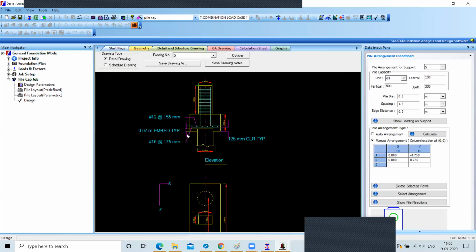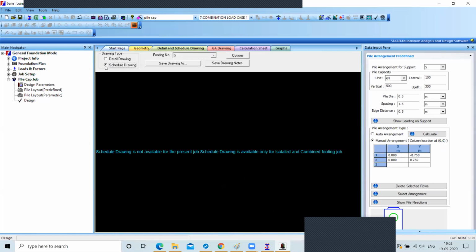So this is all about the pile cap footing. For this, we can't create the scheduled drawing for the pile cap. This is only available for the isolated footing and the combined footing.